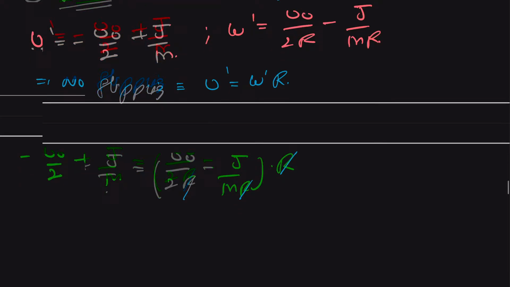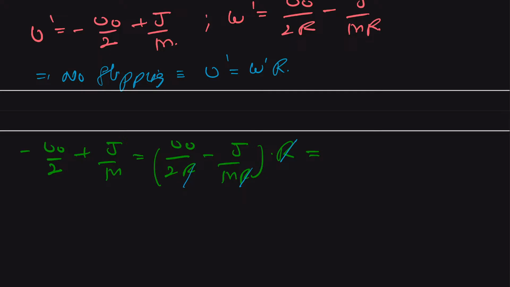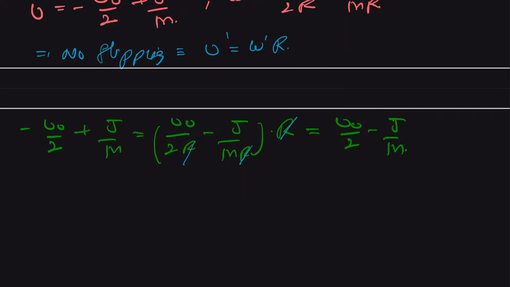Okay, and this comes as v naught upon 2 minus j upon m, and from here we get this as v naught will be plus v naught, so we get v naught is equal to 2j upon m. So from here we can say our j is equal to m v naught upon 2,